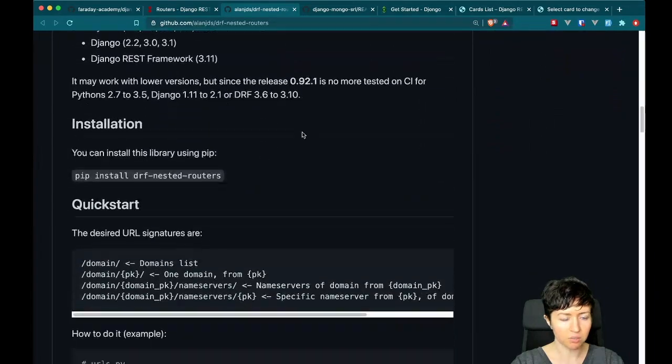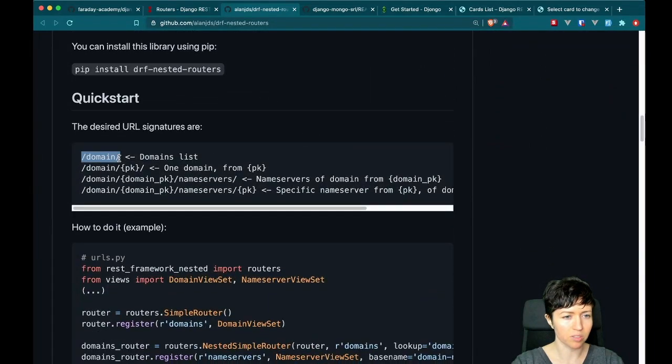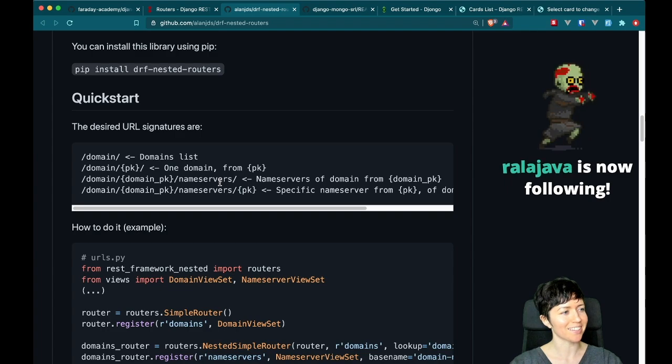So I can make nested routes. It gives some examples: /domain, and then this, and then /name servers, and it gives you multiple nested, can't even remember the name. So there's